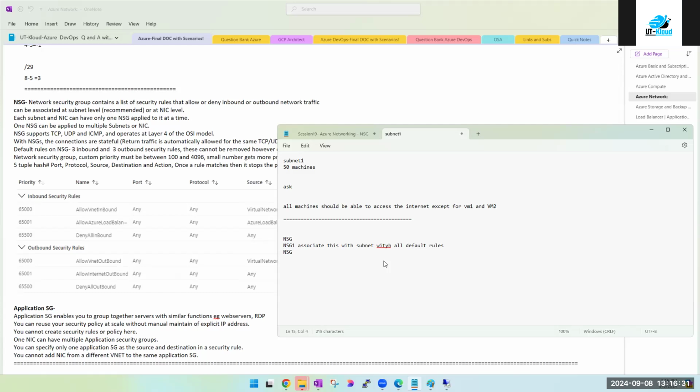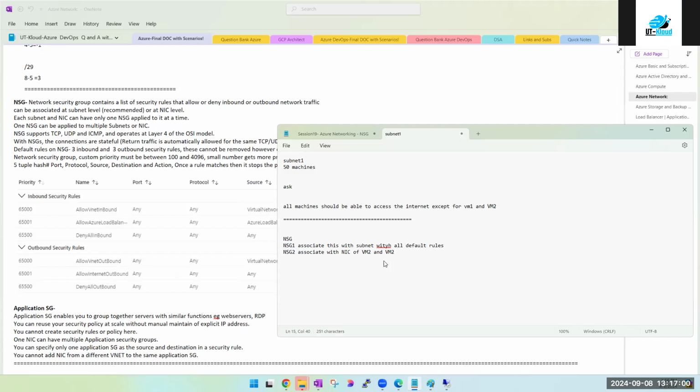So I'm going to create one more NSG, NSG2, and associate this NSG with the NICs of VM1 and VM2. They will definitely ask, are you sure this works? Be firm with your answer. Yes, I am sure. I have done this many times. I have assigned one NSG to multiple NICs. Maybe in my recent project I did that. I did that yesterday itself. So you can say it like this.